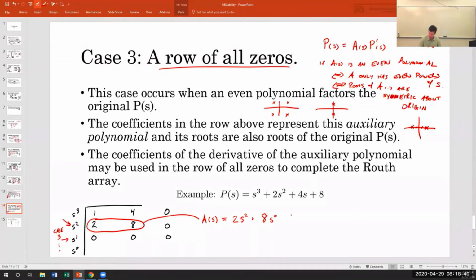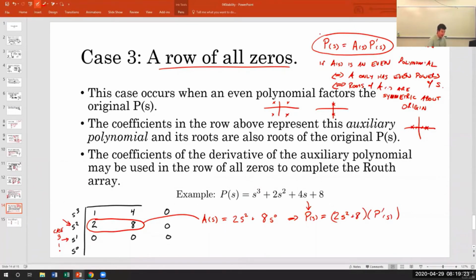So a couple things. This implies that P of s, the original P of s, is actually factorable like this. So 2s squared plus 8 evenly factors P of s. The leftover, the remainder, I'm going to call P prime because I don't quite know what it is yet. But if I know the roots of A, what does that tell me about the roots of P? Actually, that's a good question. I haven't given that one away yet. So if I have this situation in that the polynomial P factors into A and P prime,